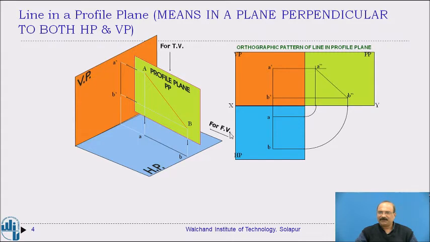In one of my previous lectures you studied quadrants. In the first quadrant there is the vertical plane and the horizontal plane. If you tilt this one, you get one more plane, which is the profile plane here.